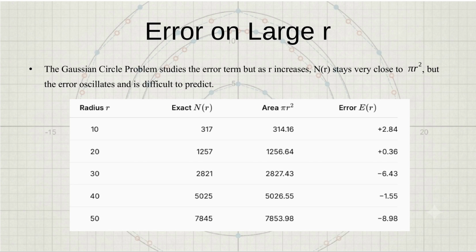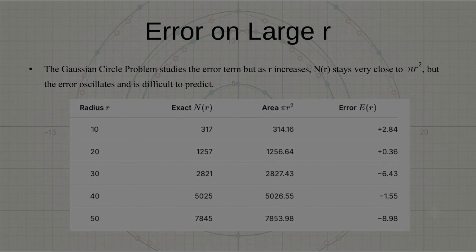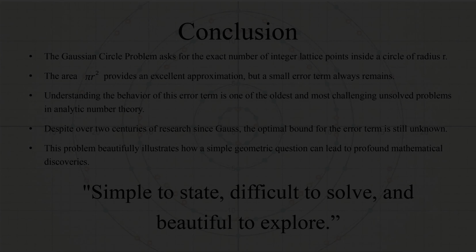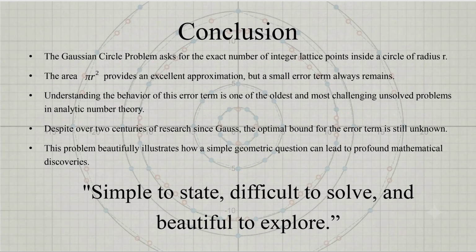As the radius r increases, the N(r) stays very close to pi times r squared, but the error oscillates and is difficult to predict. For instance, at a radius of 20, the error is positive 0.36, but at a radius of 30, it swings to negative 6.43. To conclude, the Gauss Circle Problem asks for the exact number of integer lattice points inside a